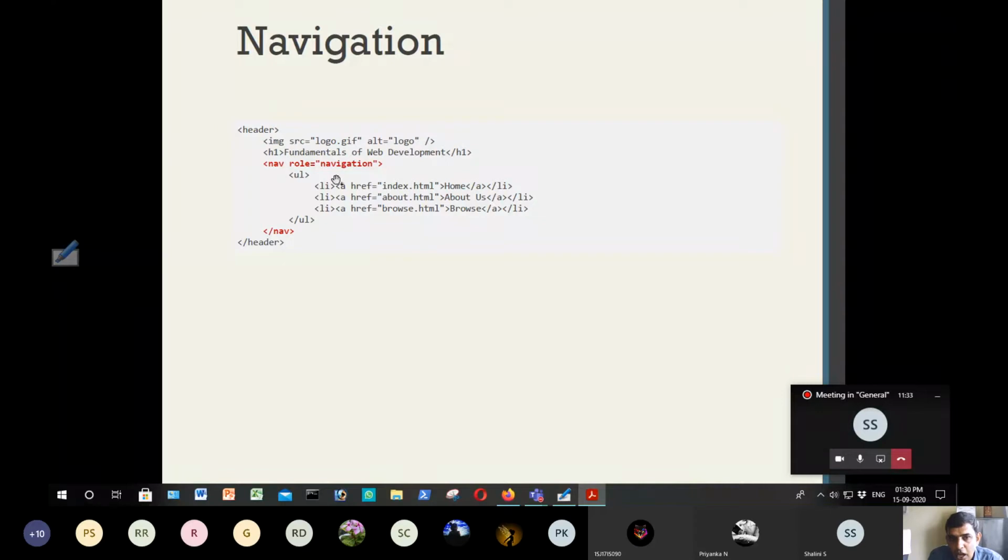browse.html. So now the point is, you could have used this UL tag directly, along with LI tag and anchor tag, and that would have created the navigation. But the point here is we have enclosed this navigation part, that is these three links, home, about and browse, which actually navigate to different web pages. One is to index.html, the other one is about.html, and the third one is browse.html. So previously it was not possible.